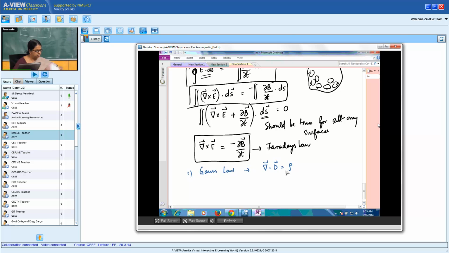Of course, we wrote down the scalar form and the vector form for this. We wrote down the point form and the integral form for this. Second, we wrote down the Ampere's law,